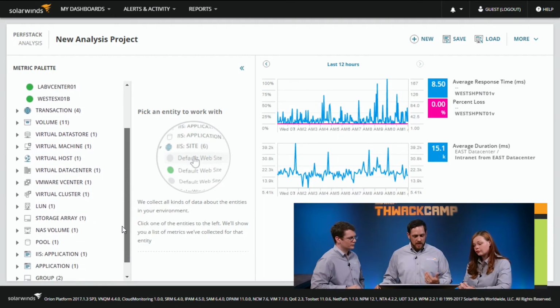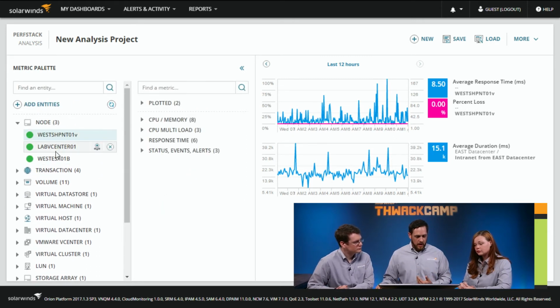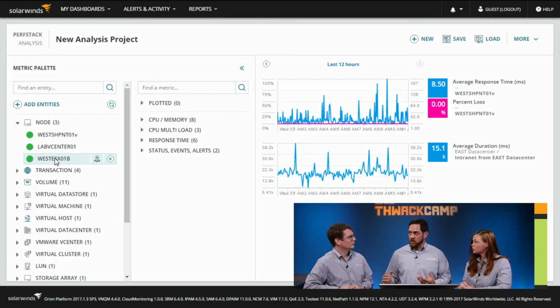So as a systems administrator now, there's potentially a lot of different areas that I could go to. It can be a needle in a haystack, and the intention here is to be able to identify where that needle is through breadcrumbs. So I can take a look at different aspects of the server itself, because when I've clicked related entities, I know that my server is here. I know which virtual host it is running on, and I can start to investigate maybe noisy neighbor issues within my virtual environment.